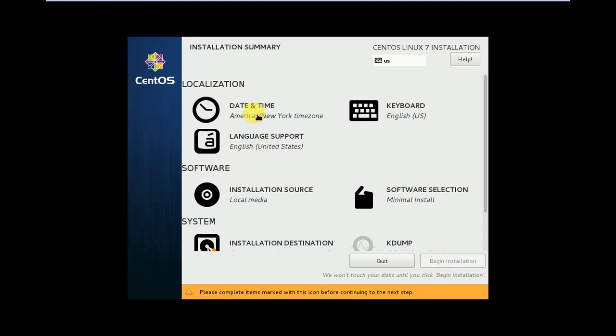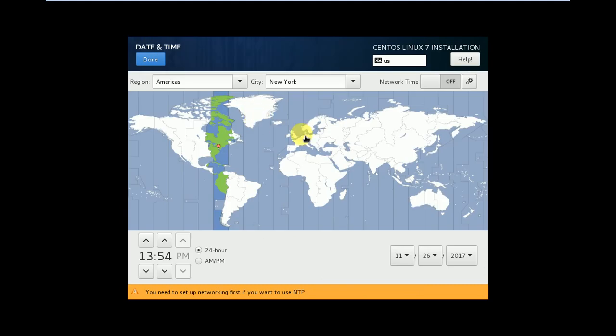So first, date and time. I'm clicking India, right, and the time is exactly 6:54 p.m. right now.